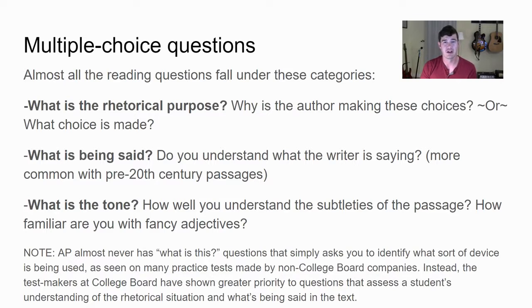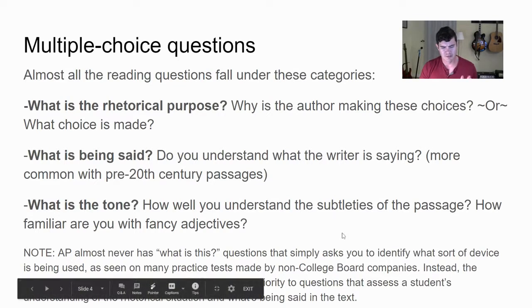I think if you go back and find multiple choice passages from maybe 20 years ago, there was some of that, but they have tried to make the multiple choice questions as functional as possible, or the questions are meant to challenge your true understanding of the mechanics of rhetoric, as opposed to just your ability to memorize the definitions of very arcane types of rhetorical devices and then spit that out. Okay. So I'm sorry, that might not be terribly clear, but just know that there will not